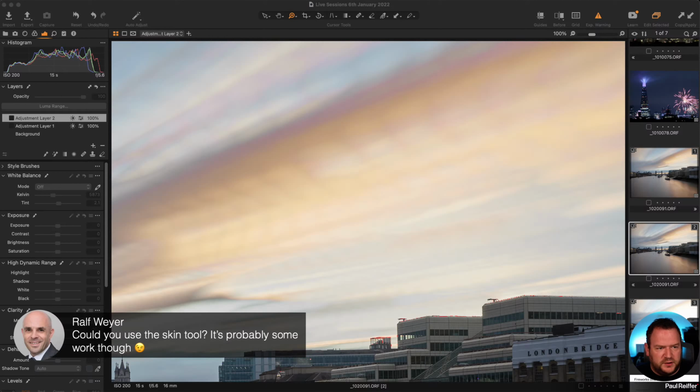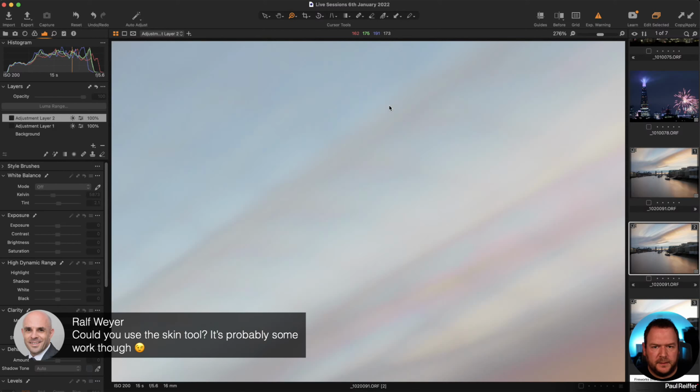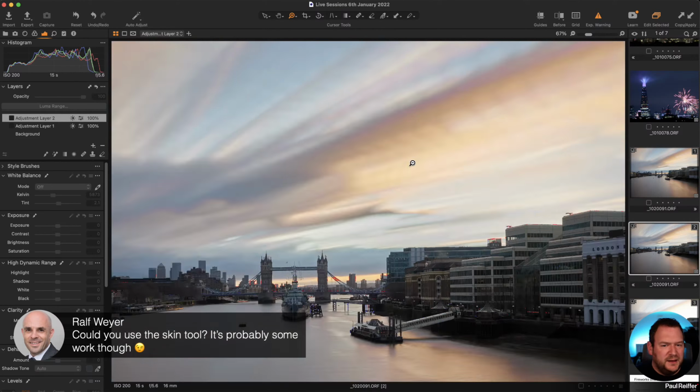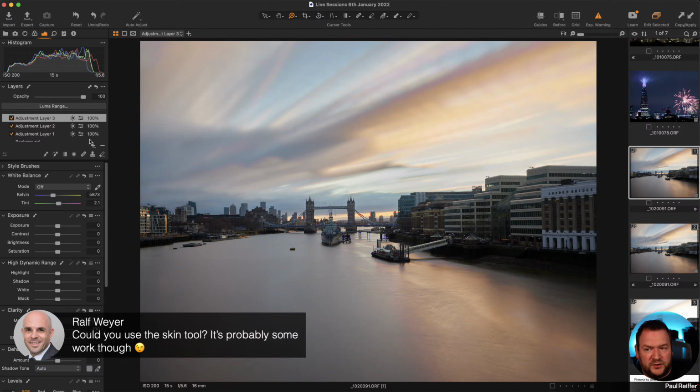Ralph saying, could you use the skin tone tool? Not really. And the reason, unfortunately, is the skin tool is going to be based on a color range. So I'd have to use the skin tone tool to uniform all of the oranges, all of the pinks, all of the blues, all of the grays. And if you look, let's take up here, for example, the dark lines are sort of grey, whereas the bit that's not is sort of blue, or blue in the knot, and then a bit of pink, a bit of grey. It's going to be really, really tricky to do that. So we can do this to soften it down.